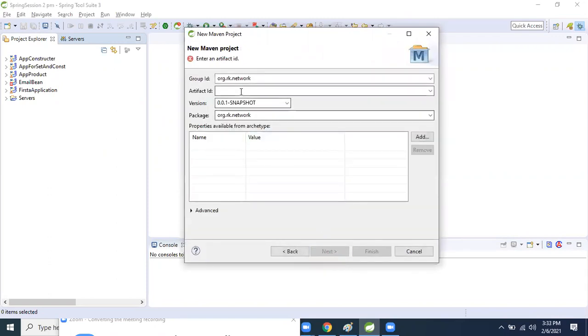Next, now here the name circular, version 1.0.